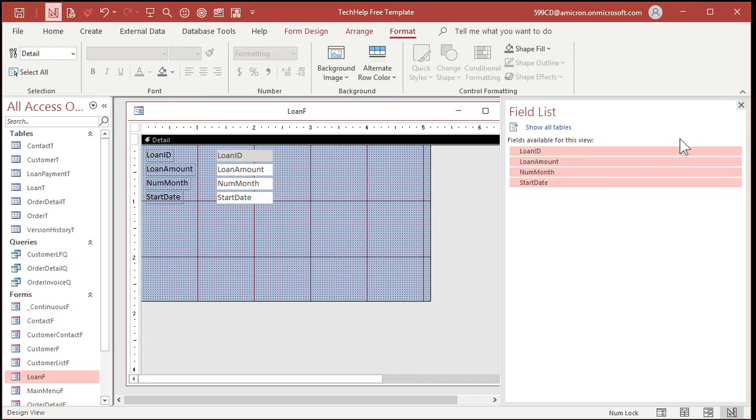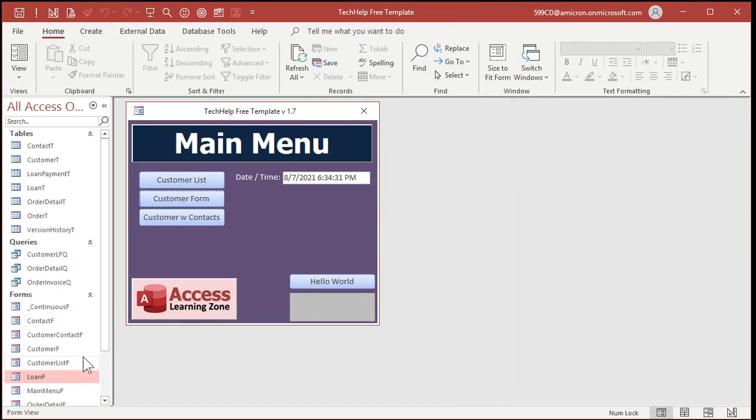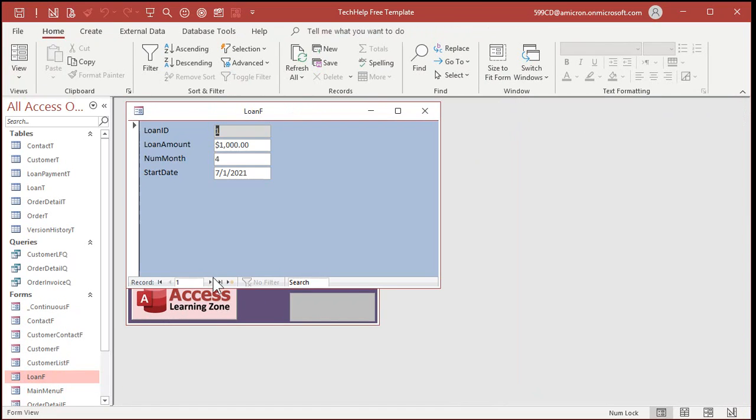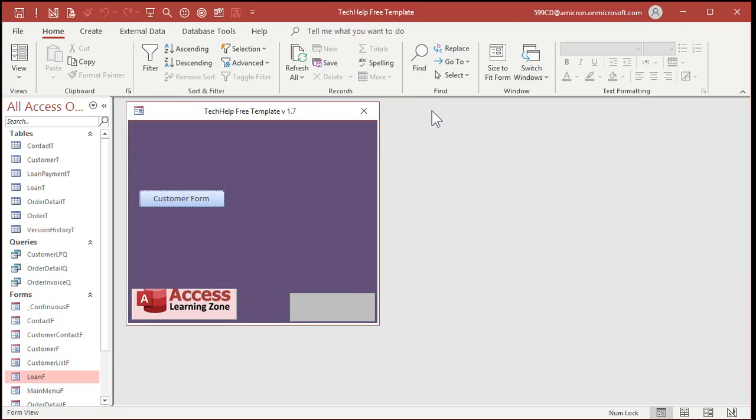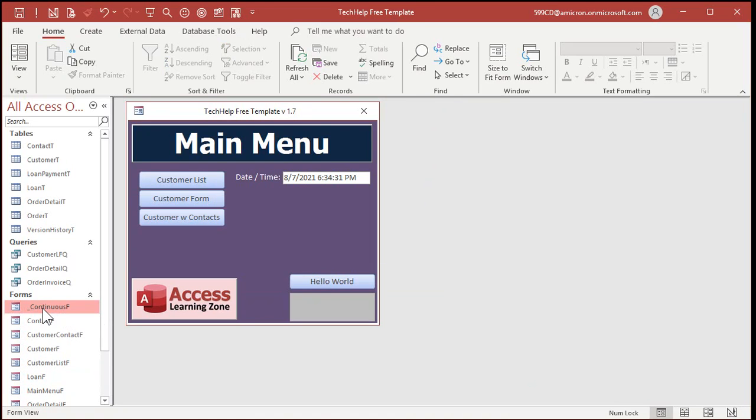Okay, save that. Let's close it. Open it back up again. All right, looks good. There's my loans. Now, the loan payments are going to go over here in a subform. All right, so let's do the subform. That's going to be a continuous form, so I'll use this guy. Right-click, rename. This will be my loan payment